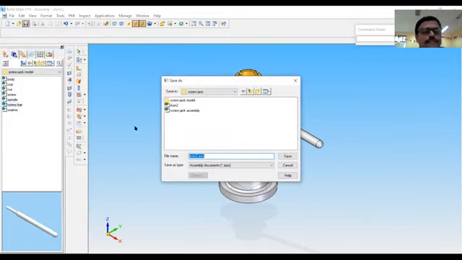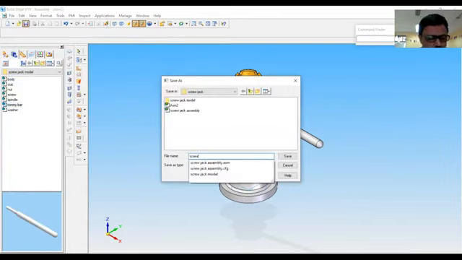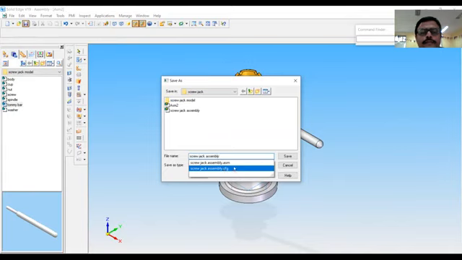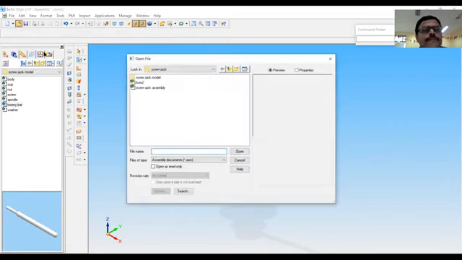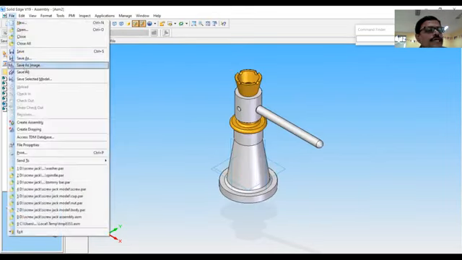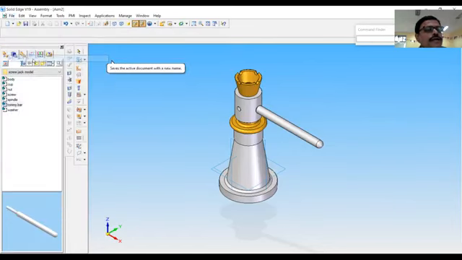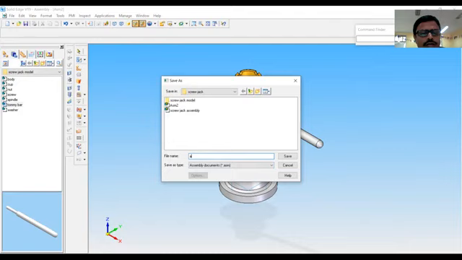So save screw jack assembly model. I think we can go to save as option, since there is already one file with the same name. So I will save it as assembly 3.